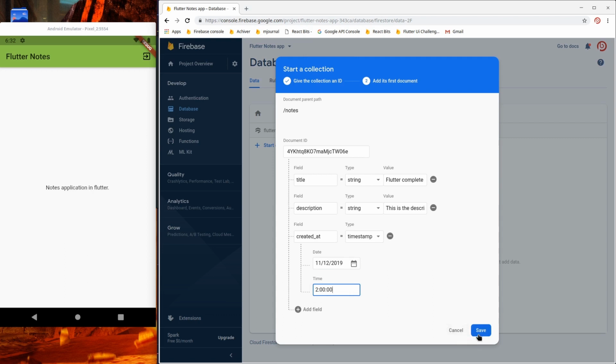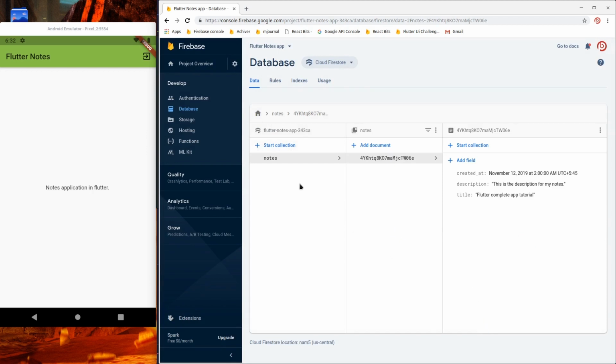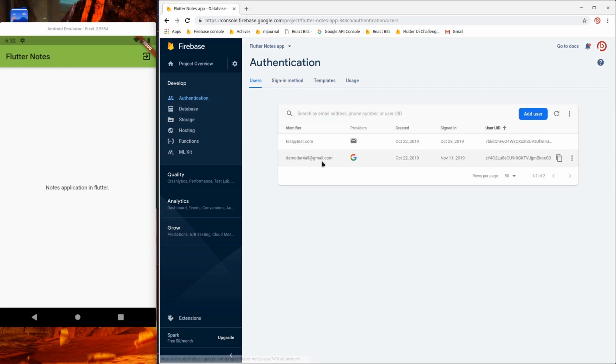Okay, and let's save. So now we have a notes collection and notes document, and we have a few fields. Okay, I'd like to add one more field, that is the user ID field, so we know which user created this note. For that, I'll go to authentication section, copy the user ID of my user,